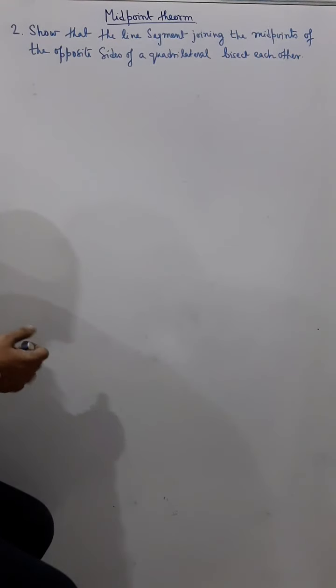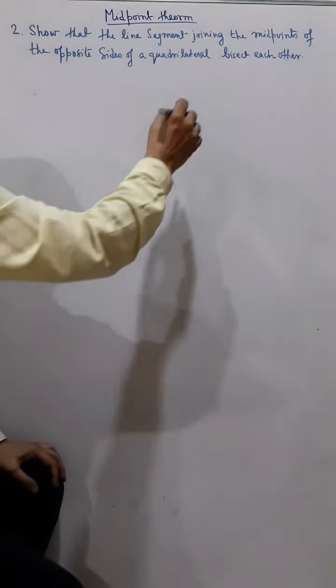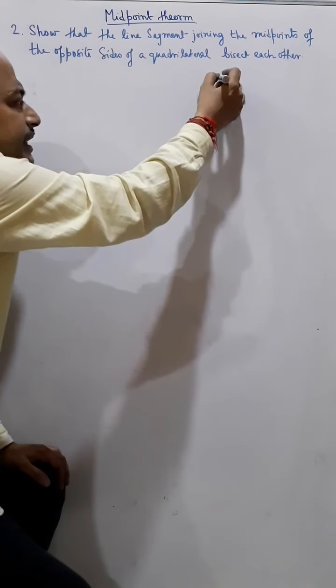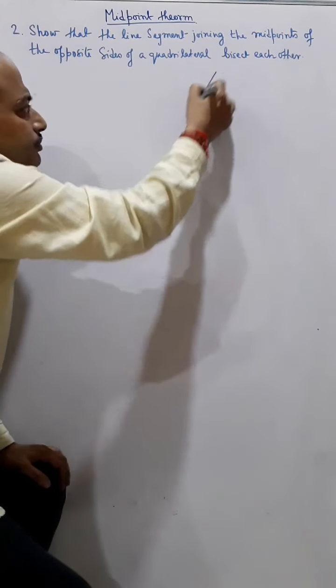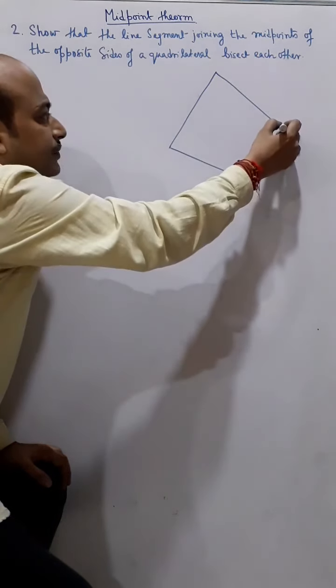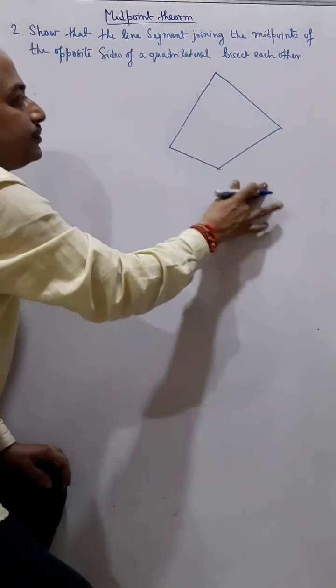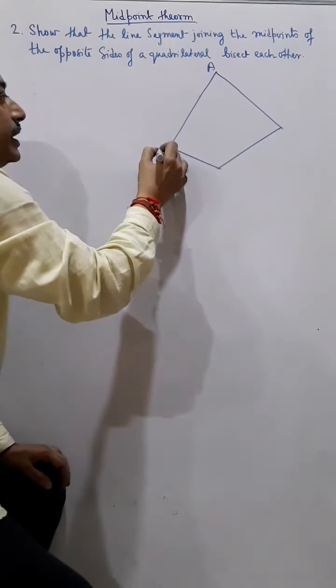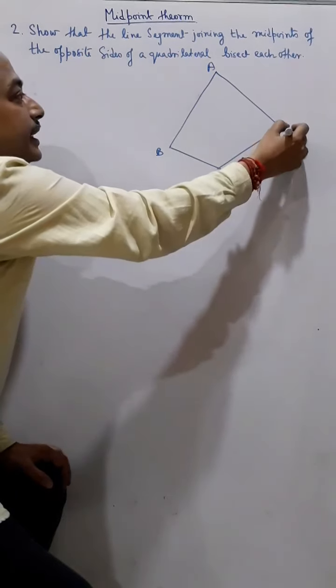Okay, now in this sum, they told show that the line segments joining the midpoints of the opposite sides of a quadrilateral bisect each other. Now quadrilateral means any four-sided figure, it can be of any shape. So let the quadrilateral be of any shape like this. Now suppose this is A, B, C and D,